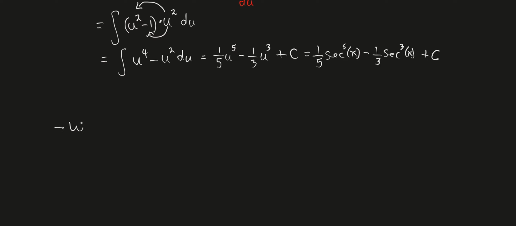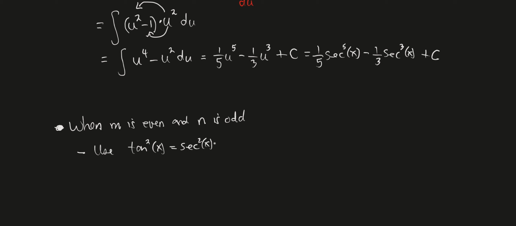Okay, so here's our third case. When m is even and, so both these have to be true, and n is odd, right? Because if both of these are not true, then one of the previous procedures would work, right? So when both of these are true, then this is where we have to use this third result. Basically what we're going to do is use this identity, the same one that we just used previously, that tangent squared is secant squared minus 1. So use this identity to reduce